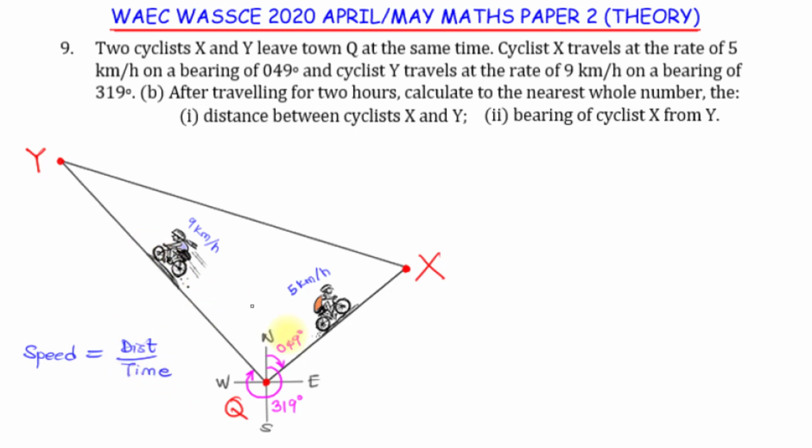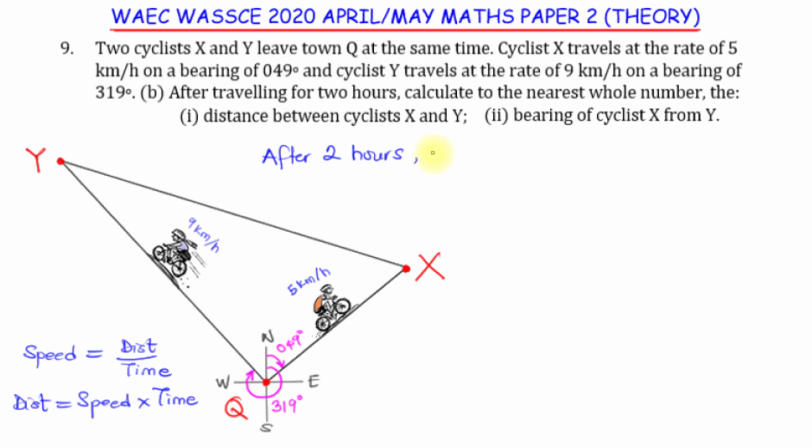But normally, working with bearing and distance, even look at the word that we use. We say bearing and distances. So here we need to find the formula for the distance. And distance, in this case, is equal to the speed multiplied by the time. Okay? So this is what we ensure, that we are working with the right values, because given the speed, we need to get the distances that we work with so that we can even find the distance between cyclist X and Y. So for the cyclist X, after 2 hours,